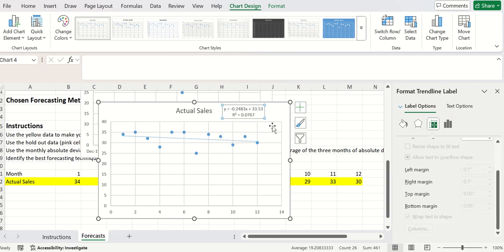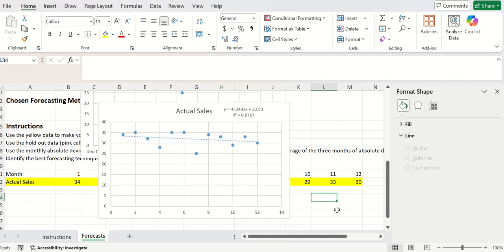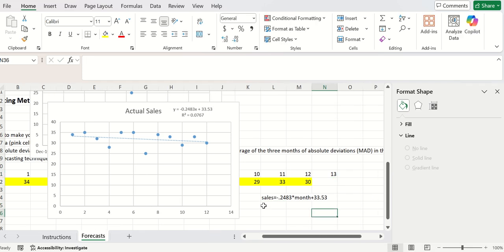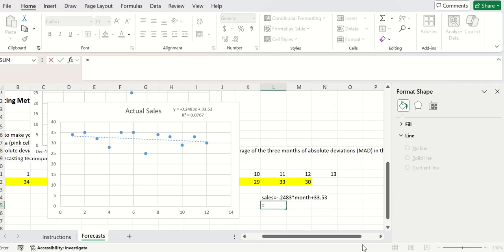One thing that should jump out at us is that our R-squared is almost identical, but the formula is a bit different. Matter of fact, the formula is that Y, my sales, equals minus 0.2483 times the month plus 33.53. So if I want to forecast the 13th month, that would be equals minus